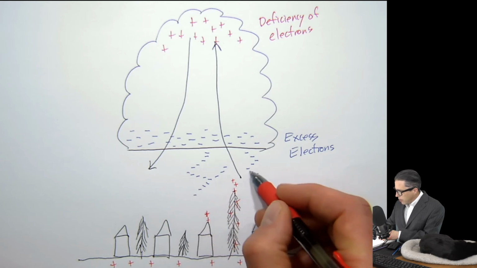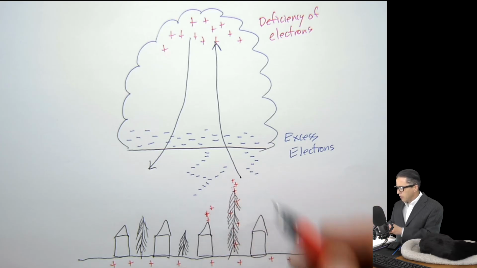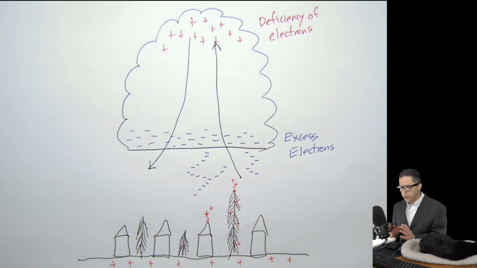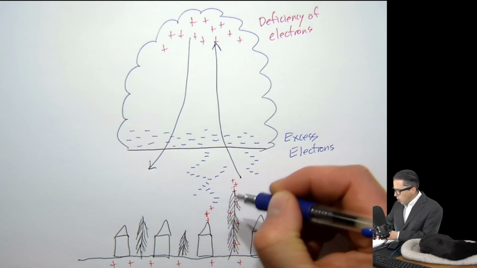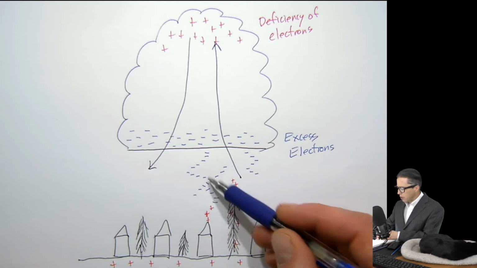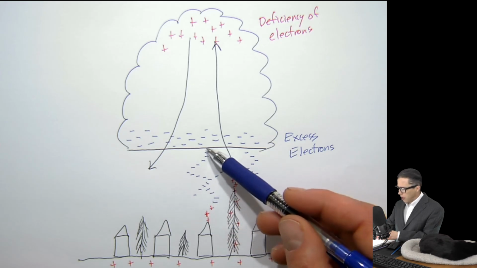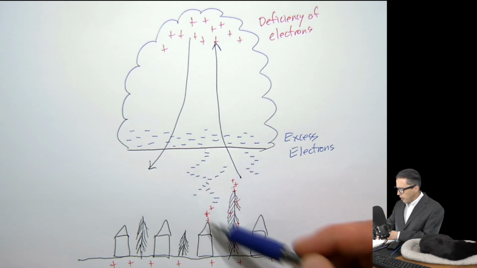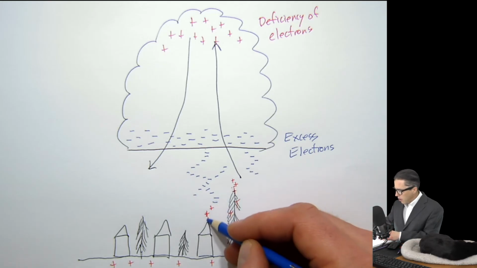Okay? So these guys don't know where these guys are, and these guys don't know where those guys are, but they can sense each other, and there's a mutual attraction between the positive and the negative charges. Well, eventually, one of these stepped leaders, which again is just randomly moving, it doesn't know where it's going, will accidentally come in contact with one of these, and these are called streamers, the positive charges from below. So the stepped leader accidentally hits a streamer, and now you've got a connection between the excess of electrons down here and a deficiency of electrons down there,